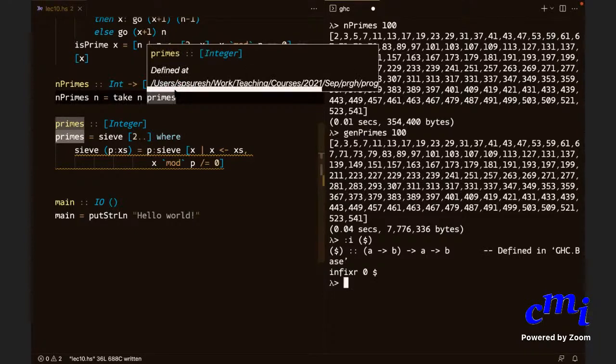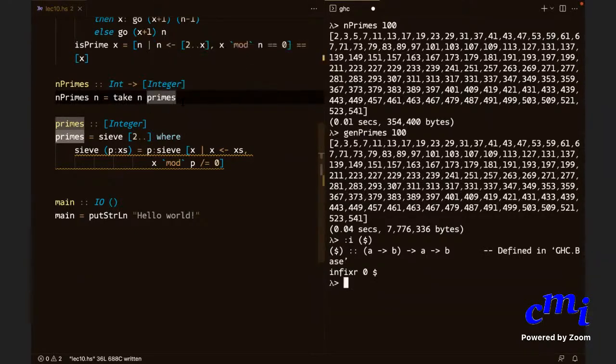All it cares about is, okay, I have an expression. Take. Remember what is take? Take n of x colon x's is x colon take n minus 1 of x's, right? So it will try to bring this expression to the form x colon x's. That is all it will do. It won't generate the whole list. It needs to bring it down to the form x colon x's, where the x's need not be a list. X's is an expression. It will evaluate it later. It doesn't need to worry about it. Thank you, sir.